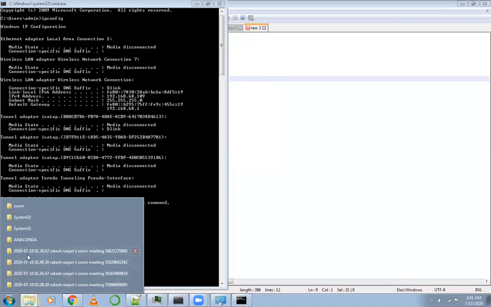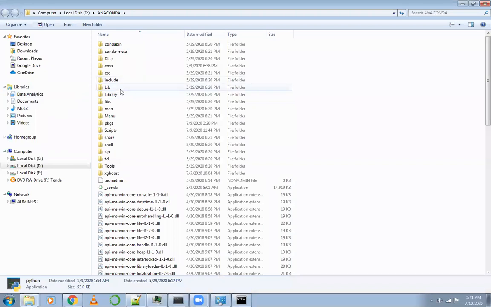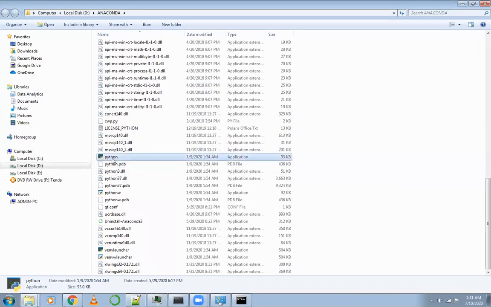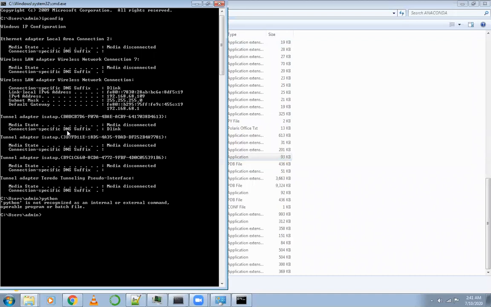So recently I have installed Python. So we can see in Anaconda directory, we have Python software. So let's move to Anaconda directory and run the command Python and check whether it's working or not.